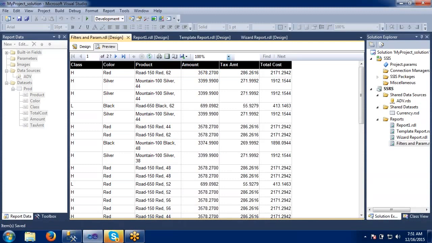So still I think the product is coming to the next line. So we will do some more alignment here and make some left alignments and right alignments.